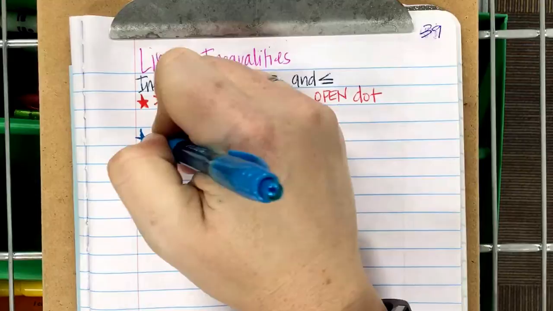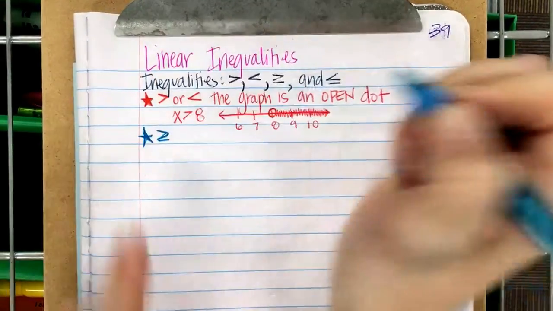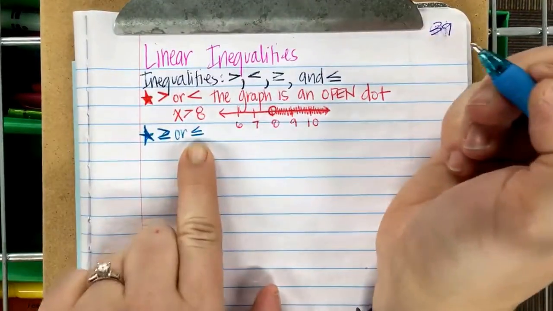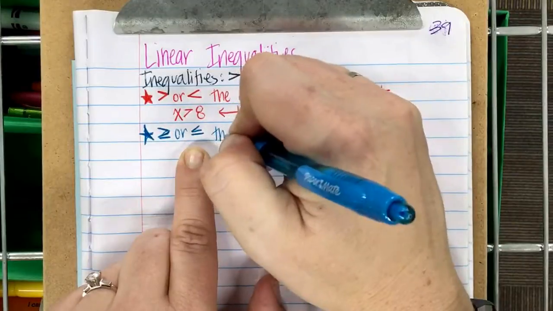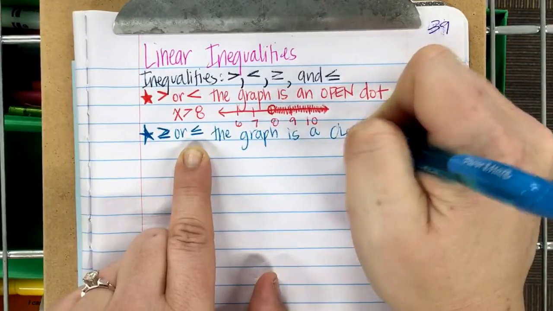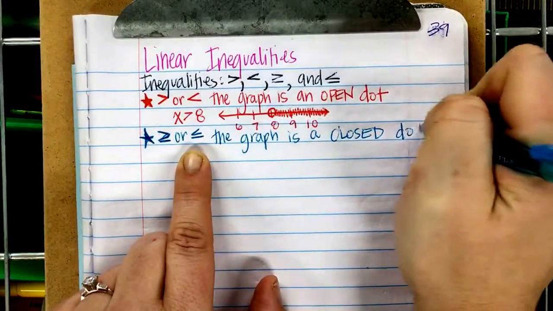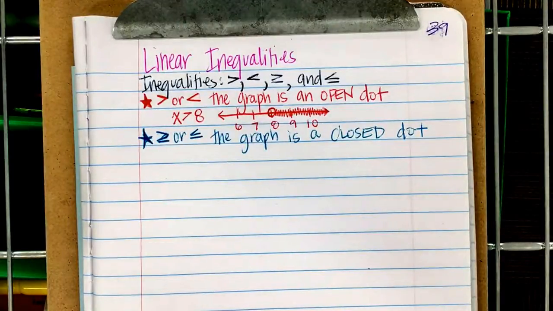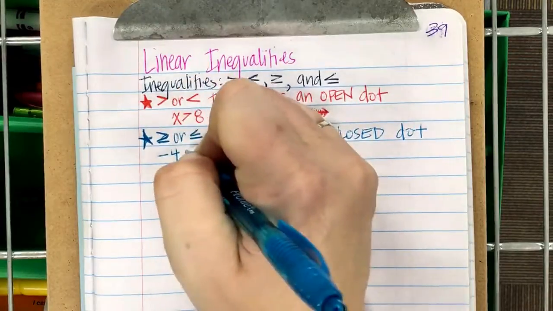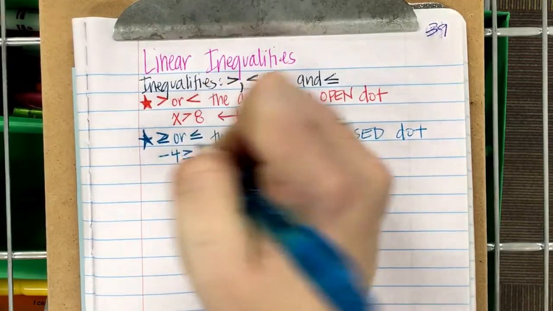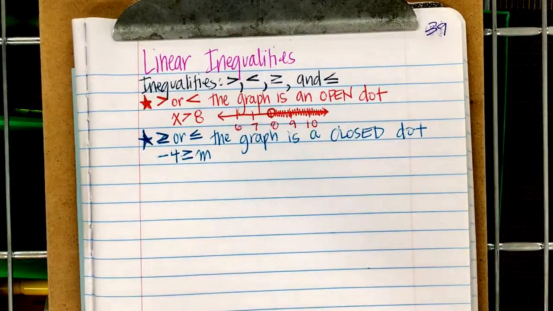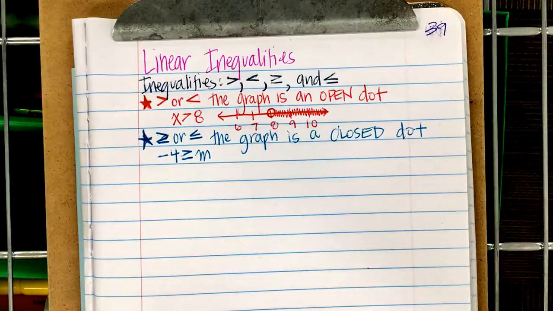If it's a greater than or equal to, right? If it's got that equal to bar, or it's a less than or equal to bar, right? If it has that equal part, the graph is a closed dot. So if I had -4 is greater than or equal to m, -4 is greater or equal to m,